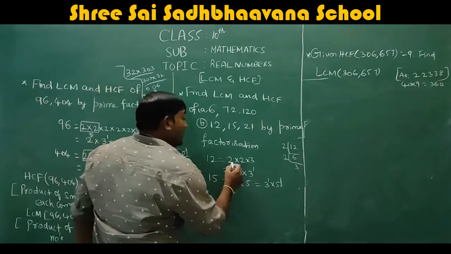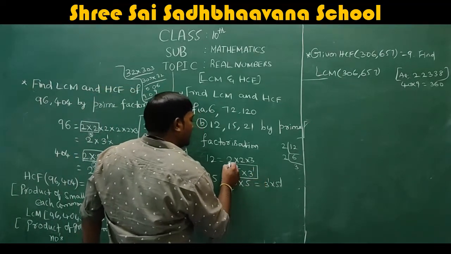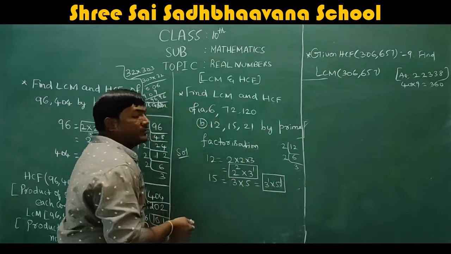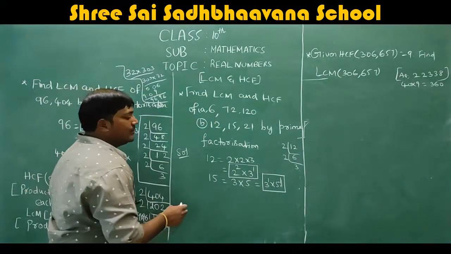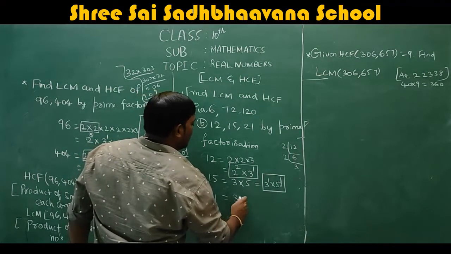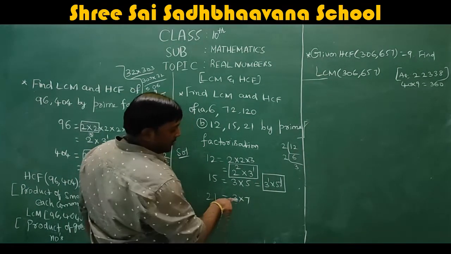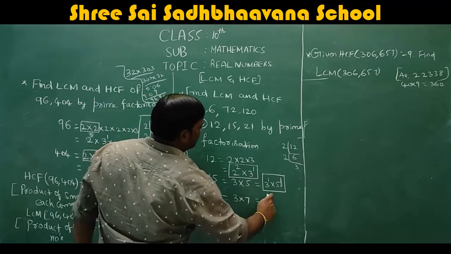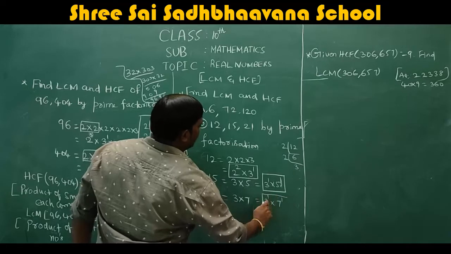Whichever you take as powers, box it. You will get confused otherwise. Just box them so that you will not get confused. Powers expansion, I am just putting a box for that. So 21. 21 is still simpler, 3 into 7. See, here all are prime numbers. We never get anything other than prime numbers.